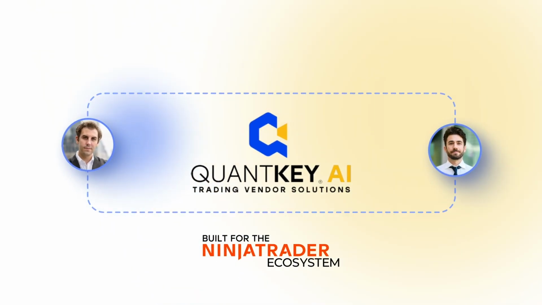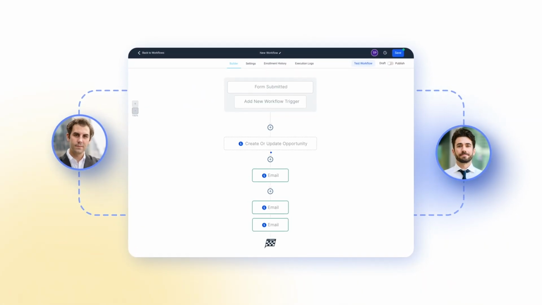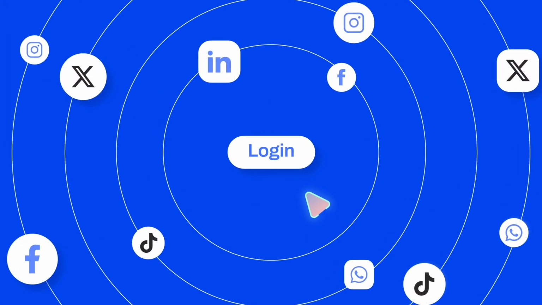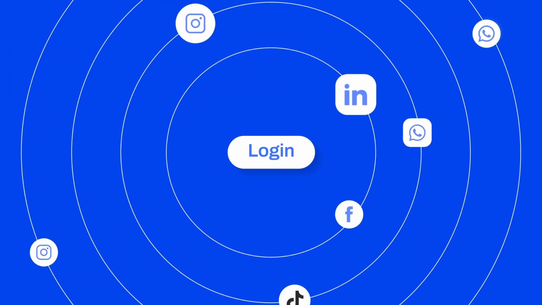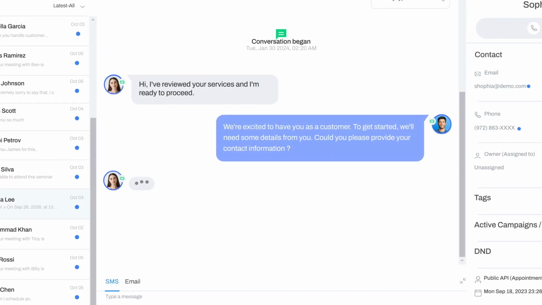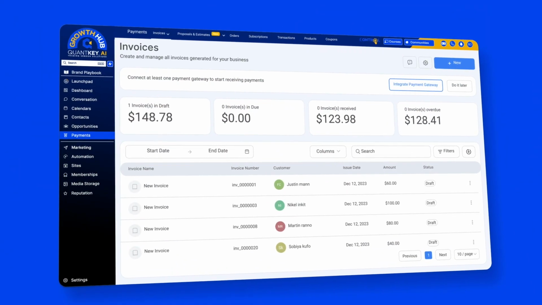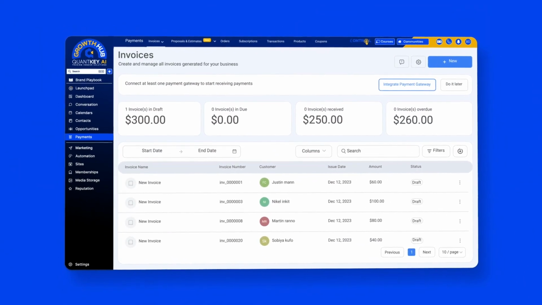QuantKey lets you stay connected with your clients without breaking a sweat using our automated nurture sequence email. Forget about logging in and out of multiple platforms to respond to your customers. With QuantKey, you can easily respond to all of your conversations in one place. QuantKey lets you manage invoices and payments as easy as clicking a button, freeing up time for what matters most,